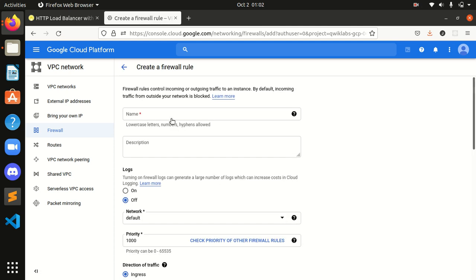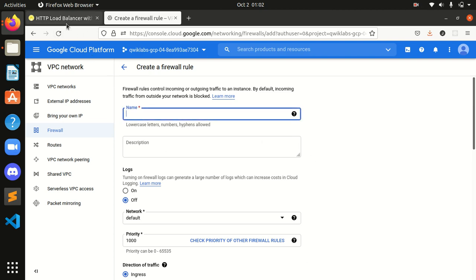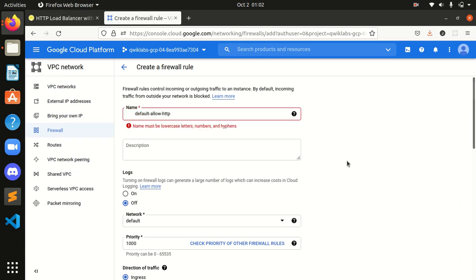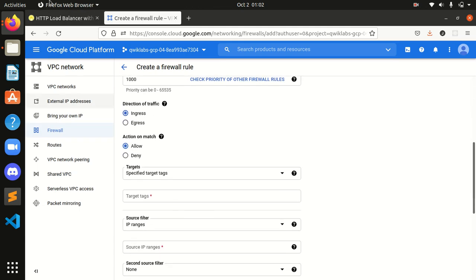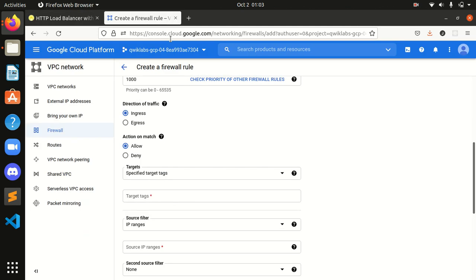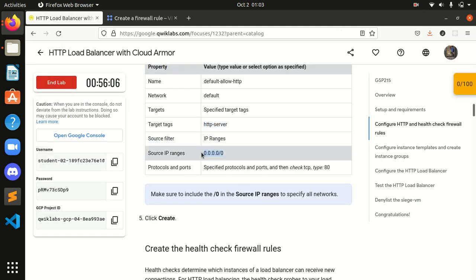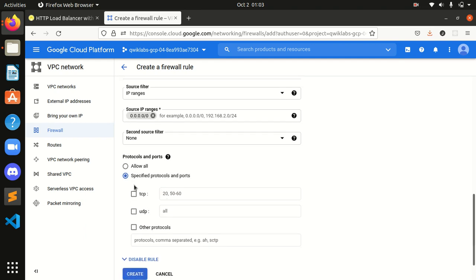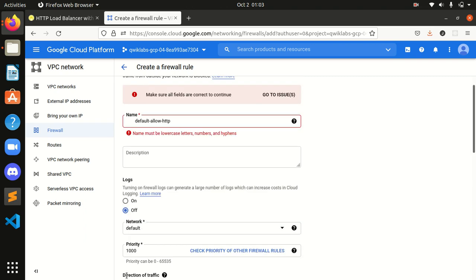No issue, guys. I will simply paste the name over here again. Now guys, I will check TCP and type 80 over here, and I will click on create.